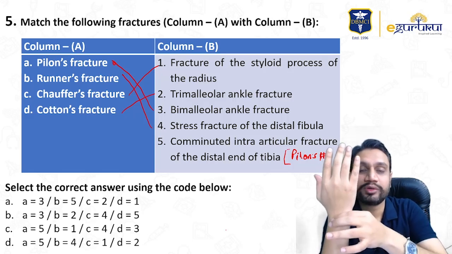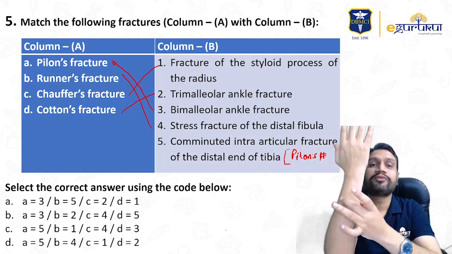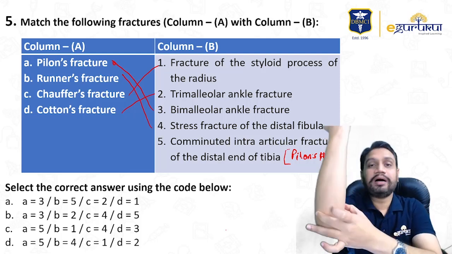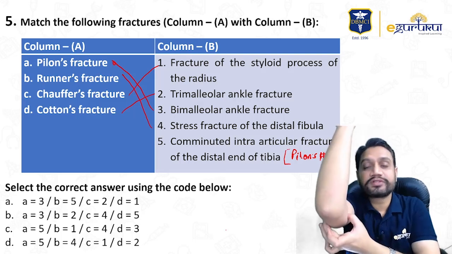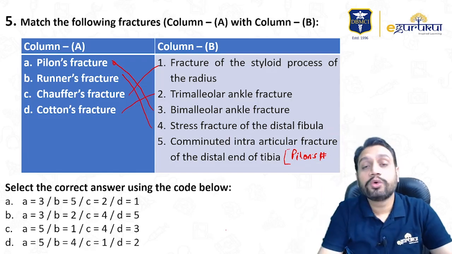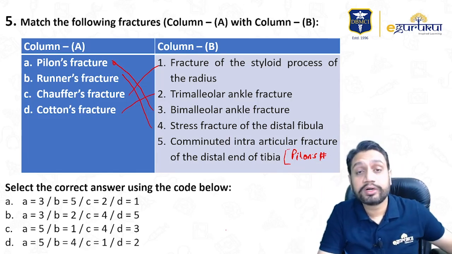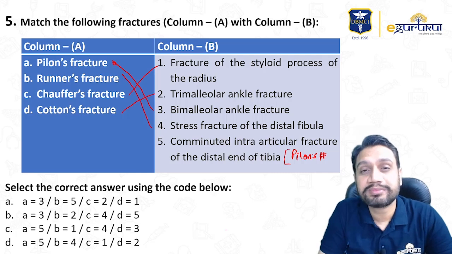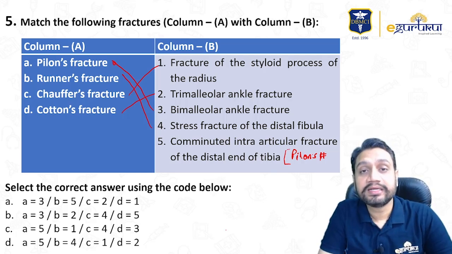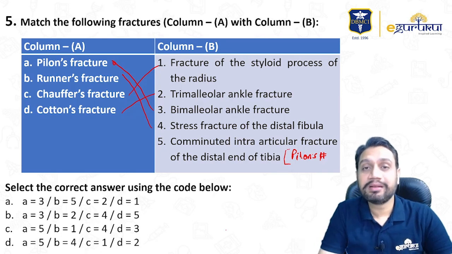Correct? The four different names of these fractures. You move up in the forearm, you have got Monteggia and you have got Galeazzi, right? You move up in the arm, here you have got Holstein-Lewis fracture. Correct? When you move on to the lower limb, then you have the important names of the fractures that you must remember. The Hoffa fracture from the femoral condyle, right? The Bumper's fracture from the tibial plateau.